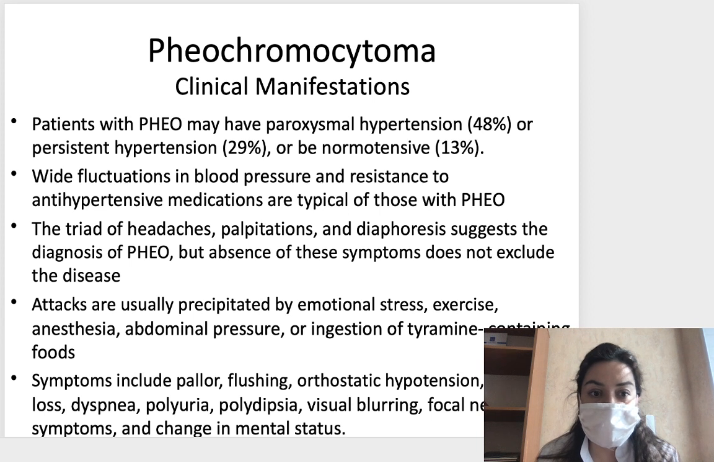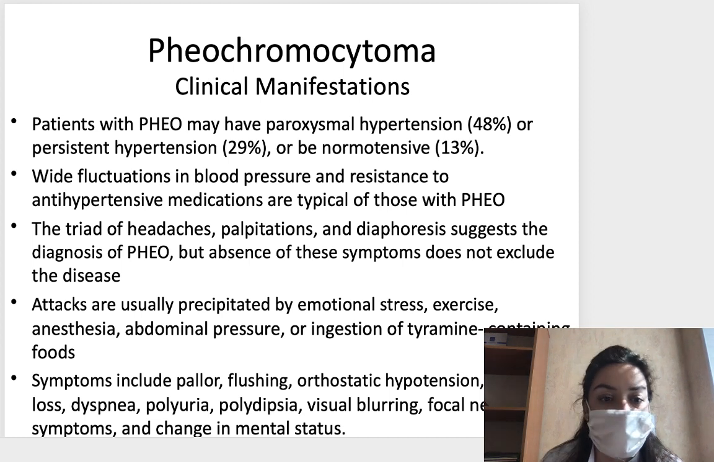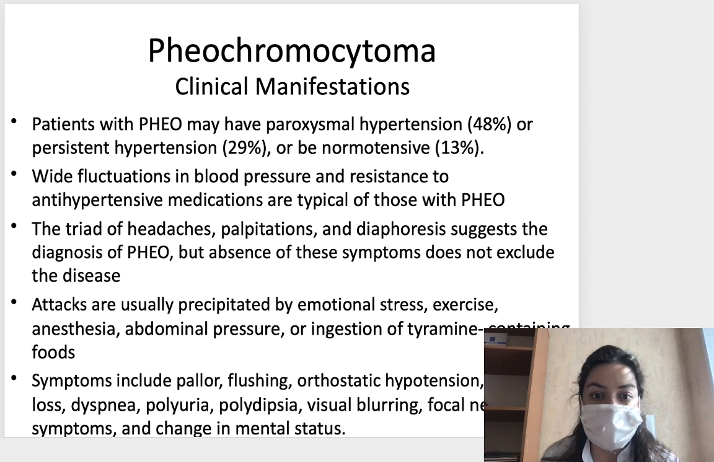In clinical manifestation, patients with pheochromocytoma may have paroxysmal hypertension, nearly half of all patients, or persistent hypertension, nearly 30% of cases, or, much more rarely, in 13% of cases, they can be normotensive. Wide fluctuations in blood pressure and resistance to antihypertensive medications are typical of those with pheochromocytomas. The triad of headache, palpitations, and diaphoresis suggests the diagnosis of pheochromocytoma, but absence of these symptoms does not exclude